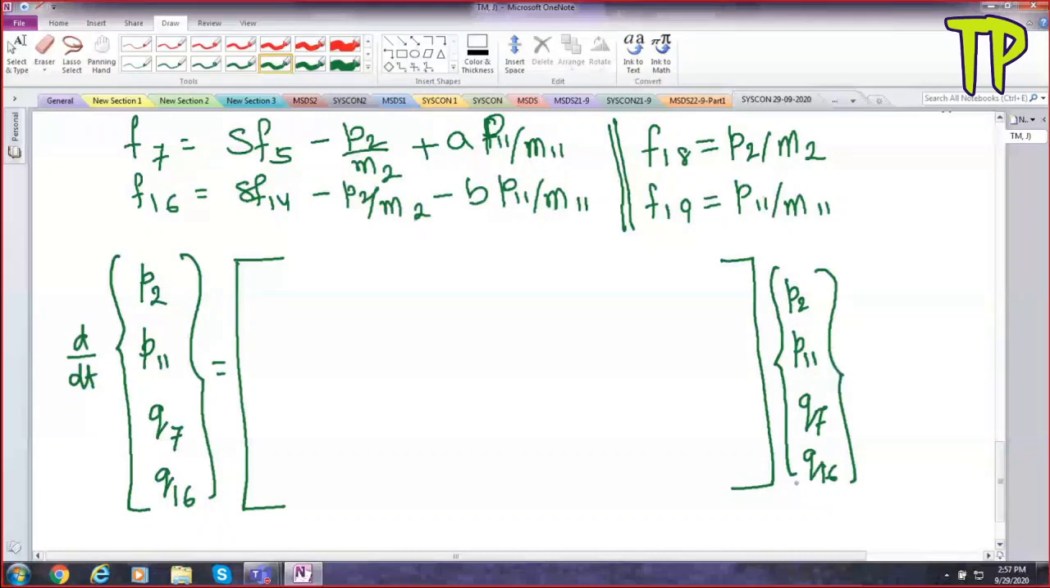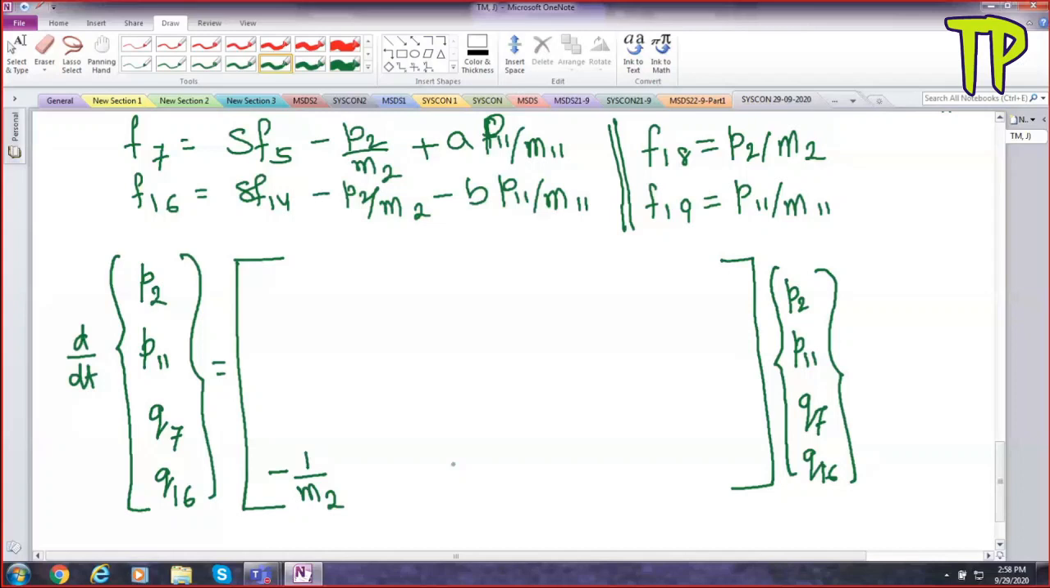That B part I will fill up later. Let's leave that B part, otherwise we will have to go up and down several times. So let me fill up these last two rows. They are easily visible. So we have minus P2 by M2. So Q16, we have minus 1 by M2 in Q16 dot F16. Then we have minus B times P1 by, so minus B by